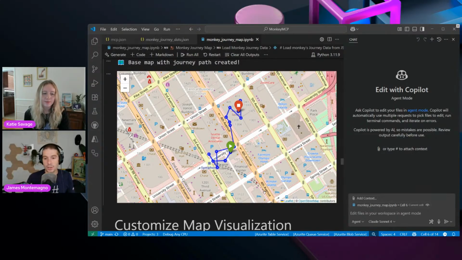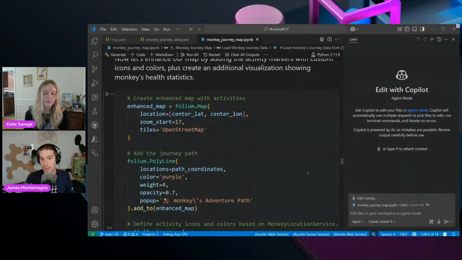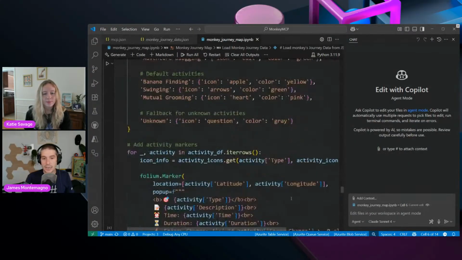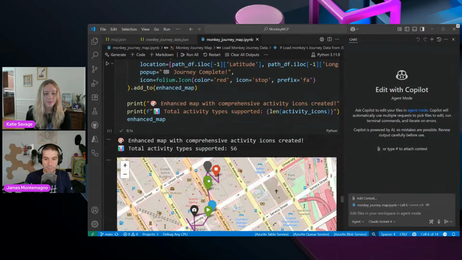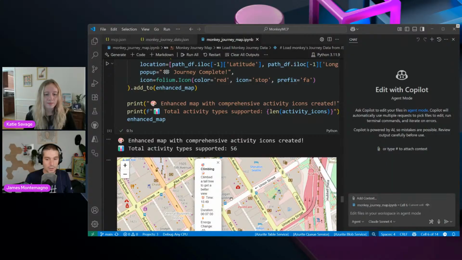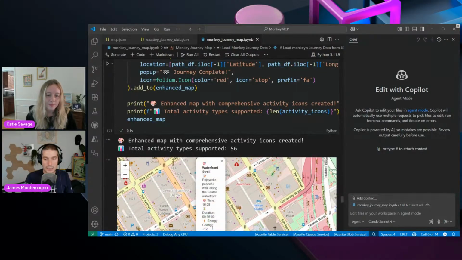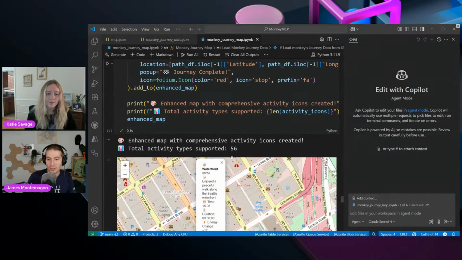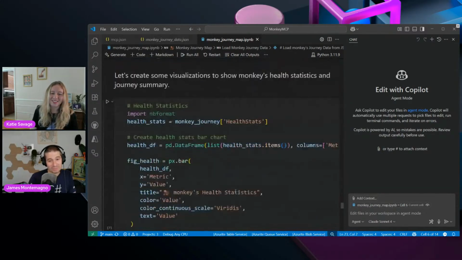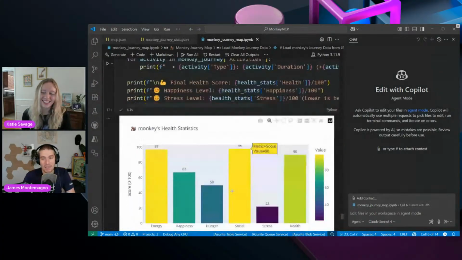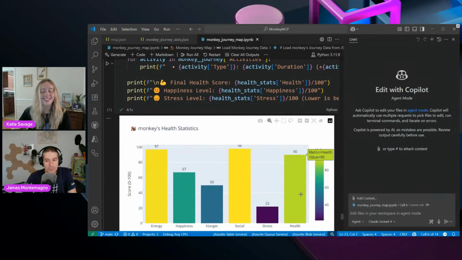It's a seamless flow. In fact, I can even customize the map visualizations, so I could see the different activities. Mooch went climbing, for example, for 7 minutes. Mooch went on a waterfront stroll in Seattle. Mooch is living her best life all the time. And then I could do other things like visualize Mooch's health data. I think that's a really cool example of seeing this stuff happen in real time.